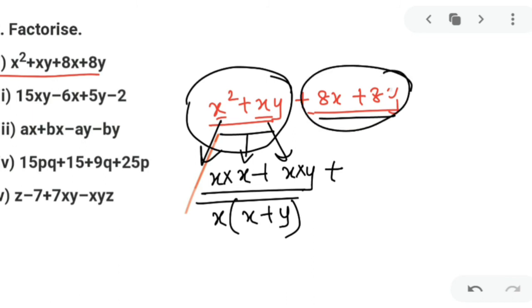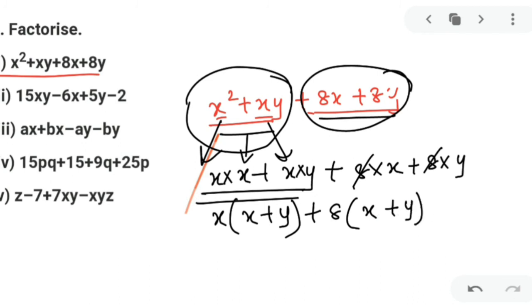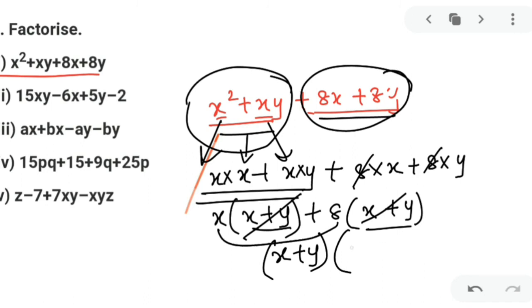So I have just solved the first 2 terms. Simultaneously you have to also solve for the next 2 terms. What you can take here? 8 into x plus 8 into y. What is common from here? 8. And what will be inside? x plus y. In this term, when you take the common things, make sure that your inside brackets are same. Once you get the inside brackets same, your answer is going to be correct. Take that x plus y common and the remaining uncommon you have to put it here in another bracket. So x plus y, x plus 8 is the answer for your first one.